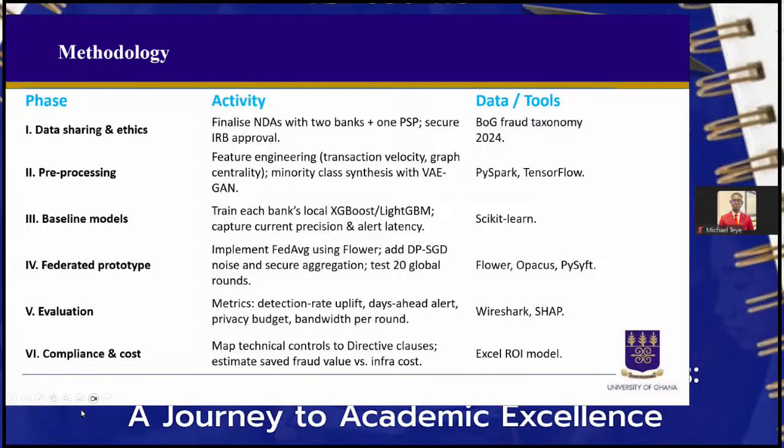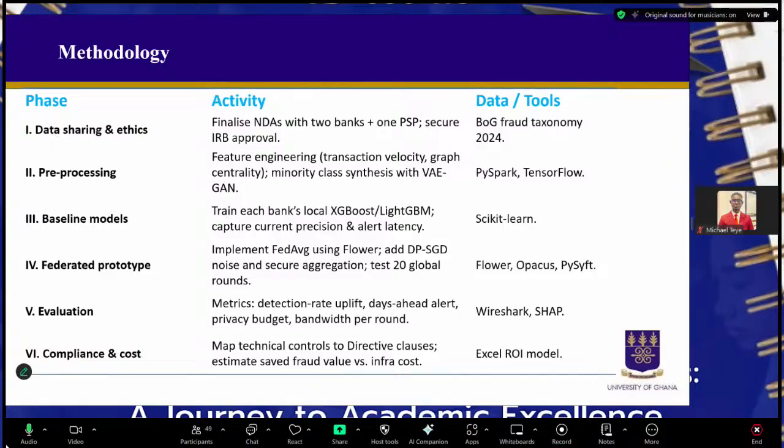Now the project is developed into phases. Phase 1 is data sharing and ethics. Like I said, we are going to finalize an agreement with 2 banks plus 1 payment service provider like MTN. Then we are also going to secure the IRB approval. And the data, we are going to use data from the Bank of Ghana Fraud Taxonomy